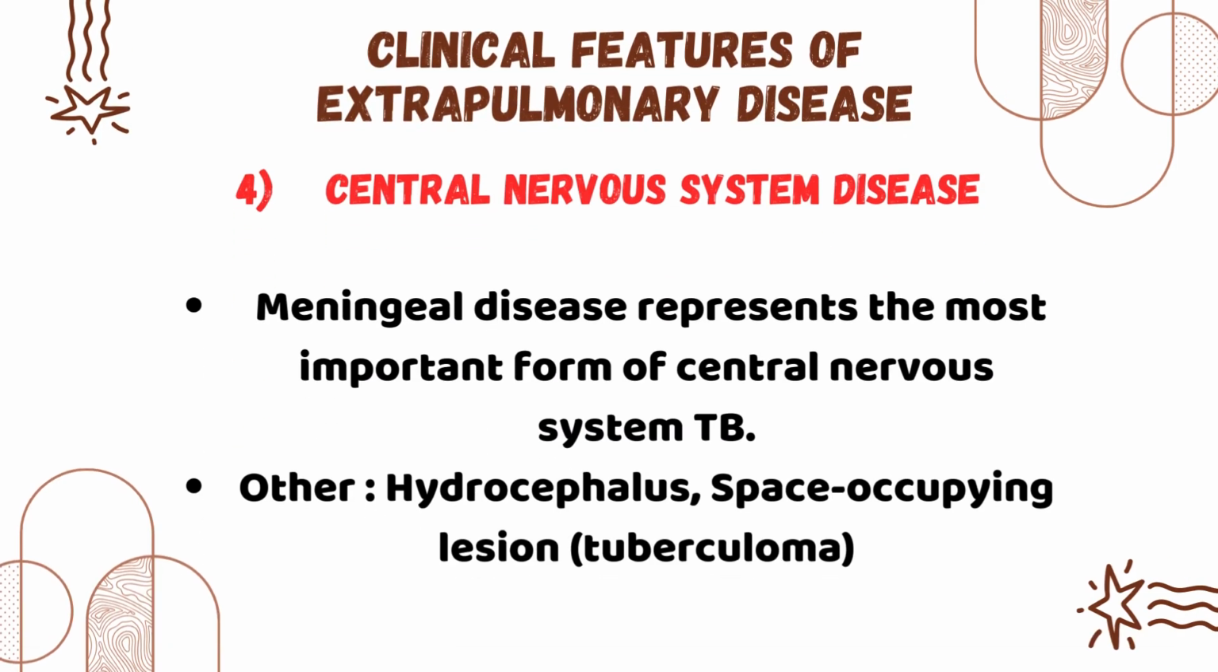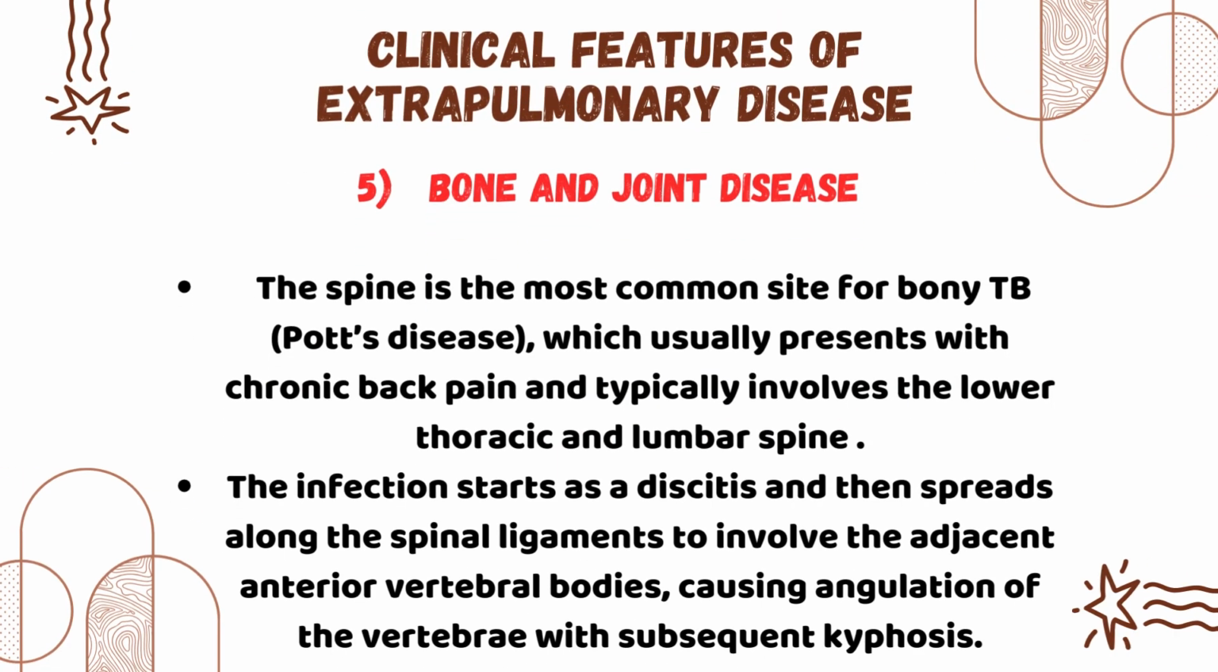Number 4. Central nervous system disease. Meningeal disease represents the most important form of central nervous system TB. Other features are hydrocephalus and space-occupying lesion, tuberculoma. Number 5. Bone and joint disease. The spine is the most common site for bony TB, so-called Pott's disease, which usually presents with chronic back pain